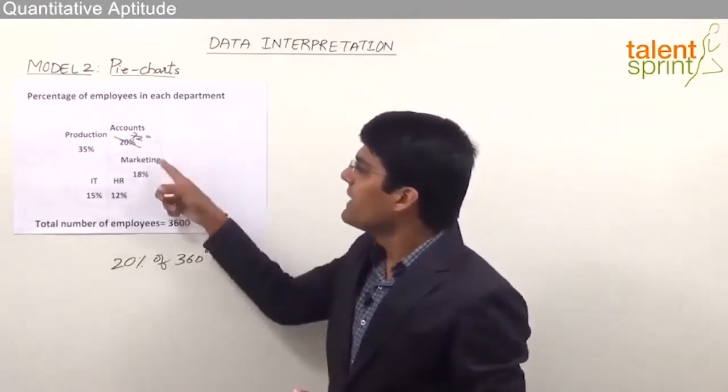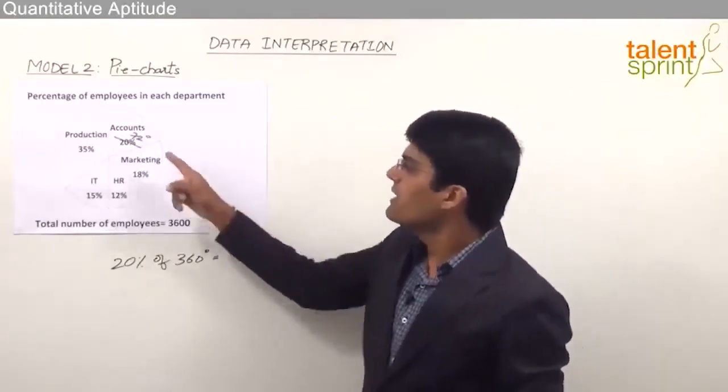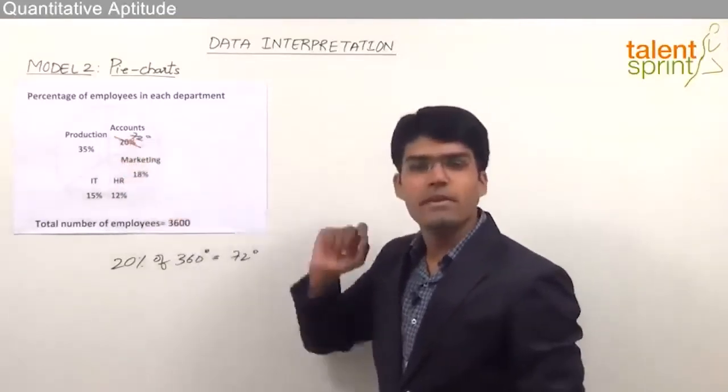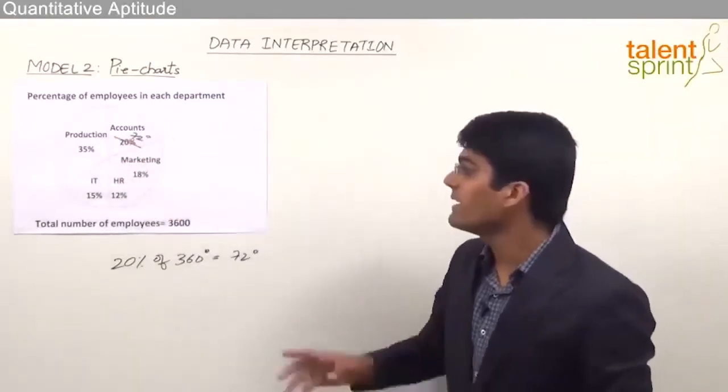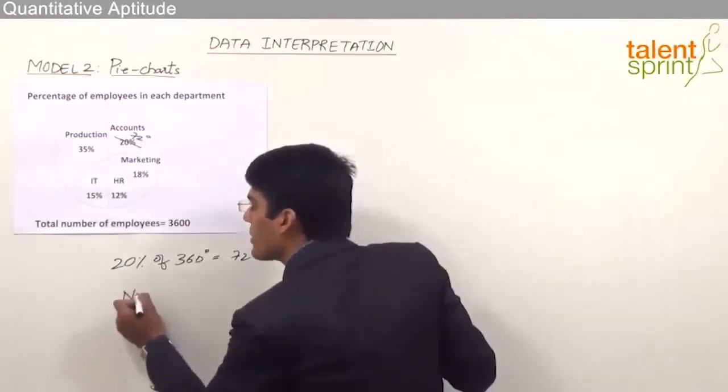Let's say the complete pie chart is given in terms of angles and we need to find out the number of employees in each of the departments. Now if you see accounts, the angle here is 72 degrees. So how many employees are there in the accounts department? What we'll do here is find the number of employees